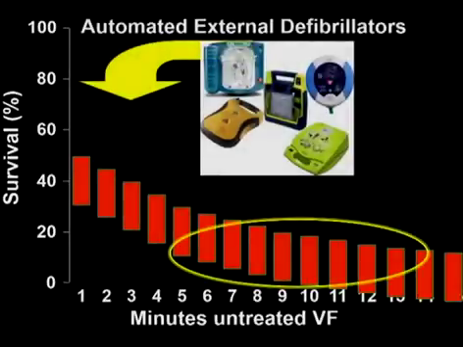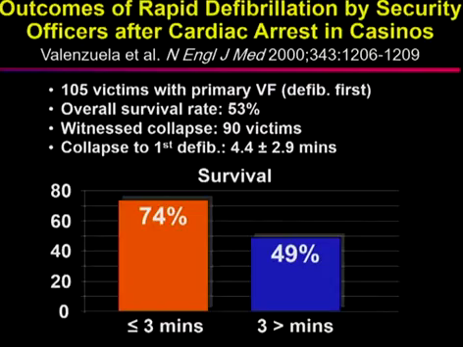Now, very important is to remember the relationship between survival and how soon we're able to defibrillate. I wanted to show you this data here that support that concept. This was a study that was done several years back by Dr. Valenzuela in the casinos of Nevada. They convinced the owners of the casinos to have AEDs everywhere, and because when people are gambling, they're being monitored, it was easy for security guard to identify a collapse of a person who was in the casino, and as soon as they happened, they would activate the security system to bring the AED.